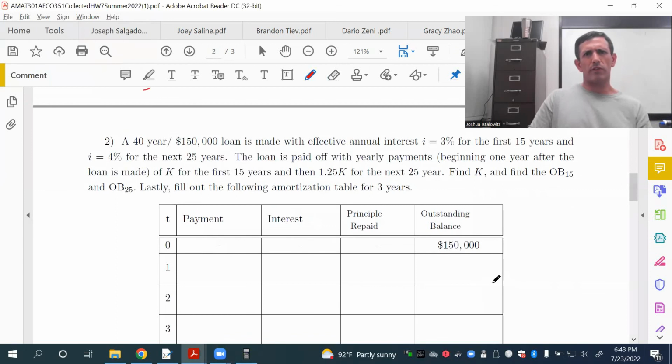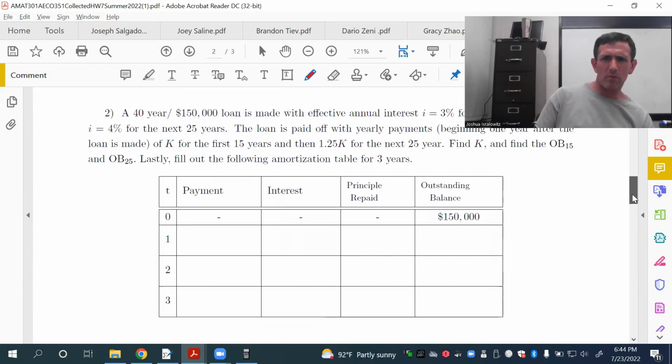The 40-year, $150,000 loan is made. Effective annual interest is 3% for the first 15 years, 4% for the next 25 years. Yearly payments of K for the first 15 years, and 1.25K for the next 25 years. Find K, find these outstanding balances after the 15th and 25th year, and fill out the amortization table. So a lot to do, but